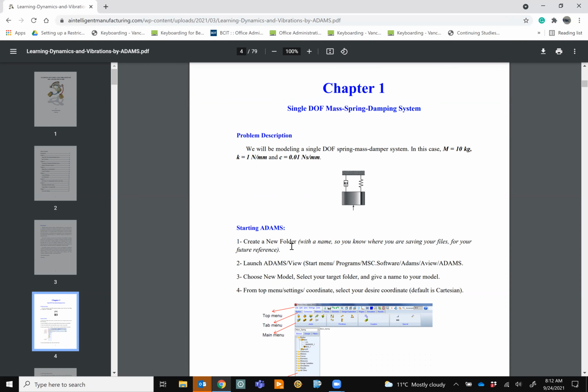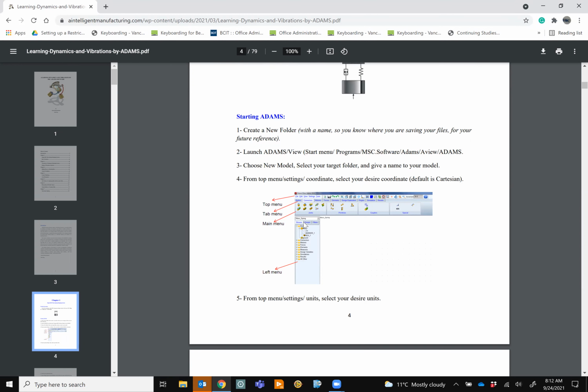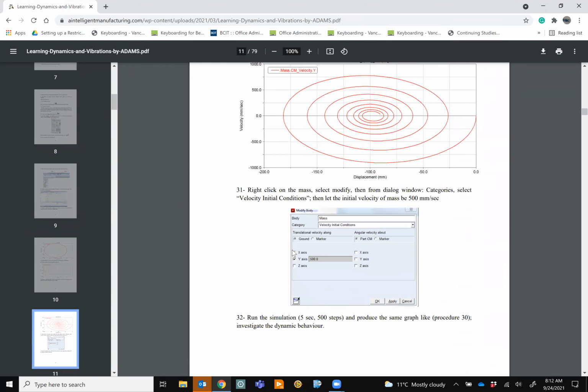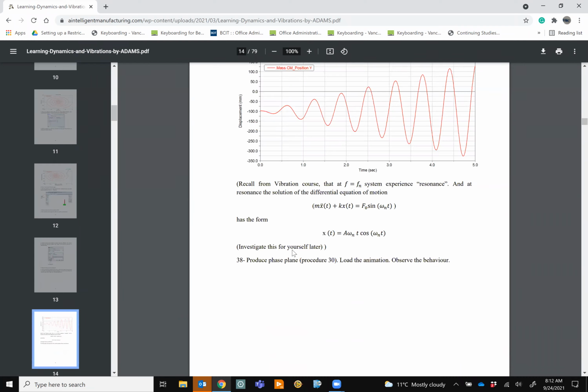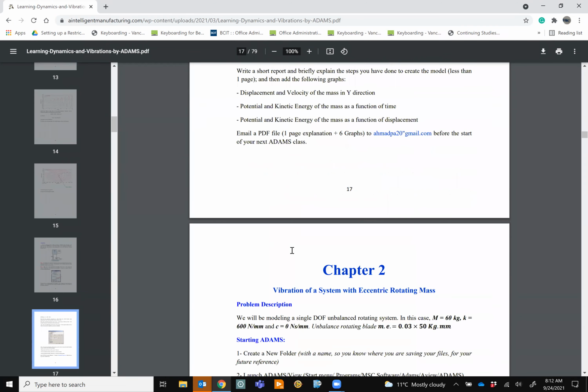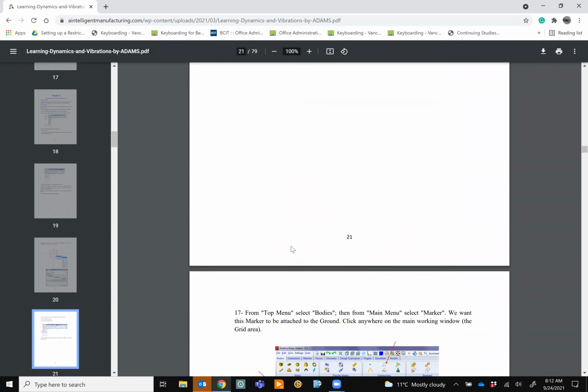So it is a step-by-step. It's written for somebody who has no experience with Adams, after somebody shows them how it works, like today's session, that's my goal for today. Then they can follow the step-by-step, step 1, step 2, step 3, everything's by pictures. And if you successfully manage to build all these graphs and build all these systems, then you don't need to do the assignment, but if you do, then of course you learn more.